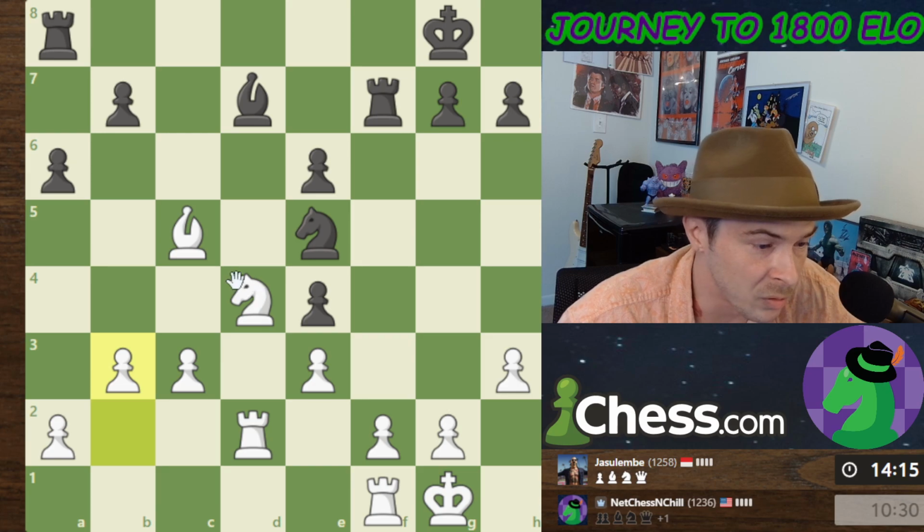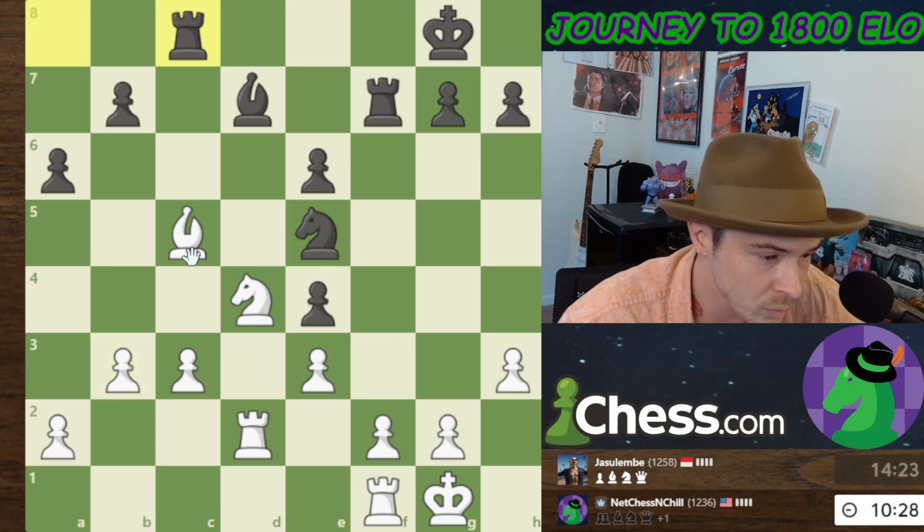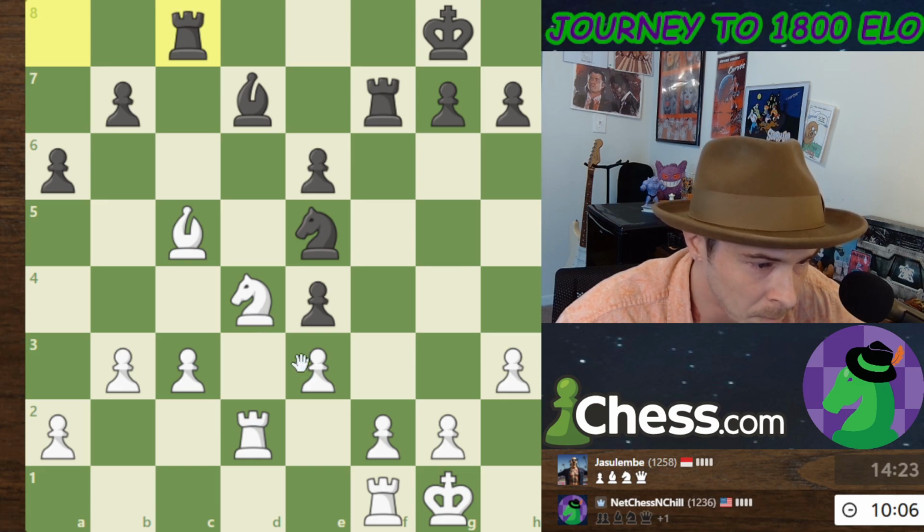I could do a few things, depends. But it looks like his knight wants to come in here right now. So this defends the pawn or the bishop. This also defends the bishop. My opponent's playing pretty well right now. If I do this, he takes...